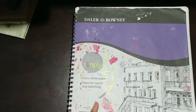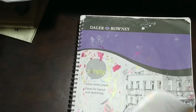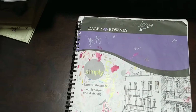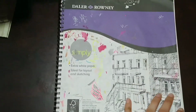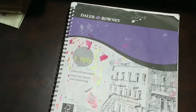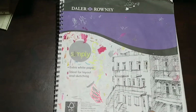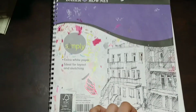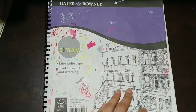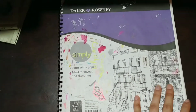And then my boyfriend got me this. He bought me this, but I chose this sketchbook because I was just going to use it to doodle, nothing serious. It was just for one day because I needed a sketchbook, and I didn't have one at that time. I had it at home, and I was with him at this other place. When I get bored, I want to draw, and I didn't have paper, so he bought me this. I got this one because I didn't want to waste his money. I didn't want to spend $10 or $15 on just one sketchbook. Because I'm a very expensive girl. I like to have the best things, but at the same time, not really. But yeah, anyways,